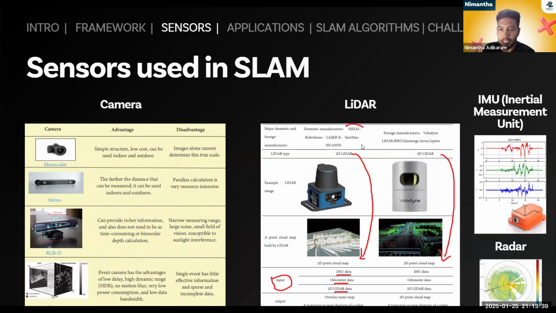There are companies who build LiDARs, with foreign 3D manufacturers and domestic manufacturers as well. This is from a research paper. Regarding the IMU, the inertial measurement unit, we will have three units in XYZ coordinate systems, and radars will be used. But basically, in recent research, camera and LiDAR fusion will be there. So we have the sensors, and we know the framework right now, and what the applications from this lab are.